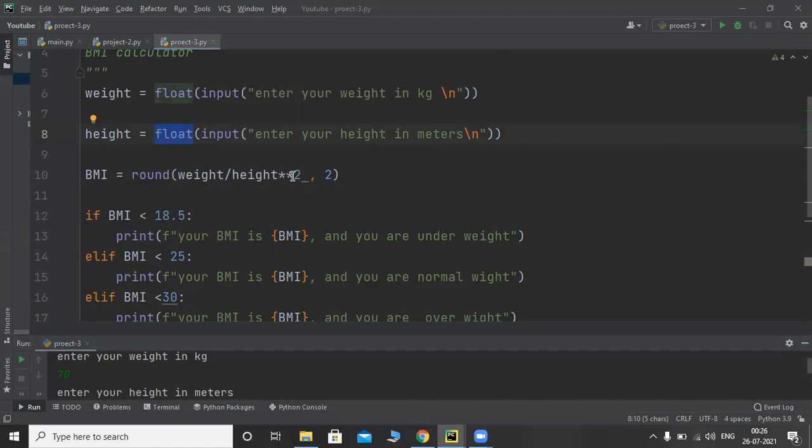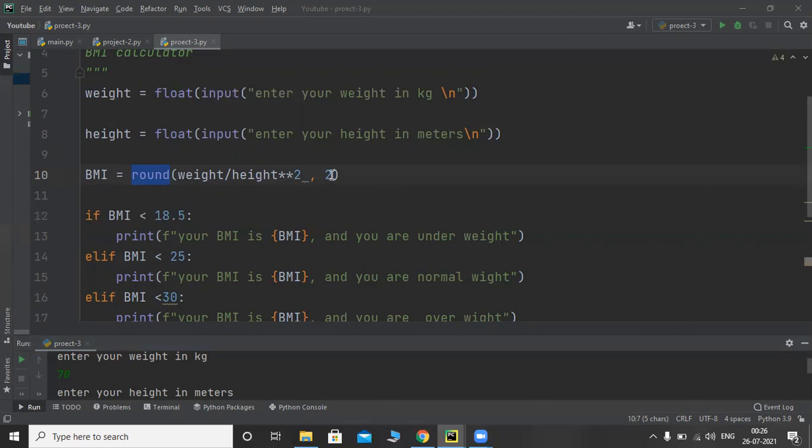In Python, if you want an exponent calculation, use double star. This is the syntax in Python. And what does round mean? It is a round function. It will take one value, and then another argument, to how many decimal places you want to round.